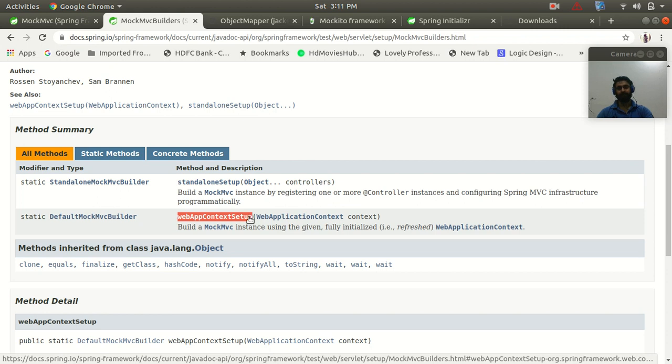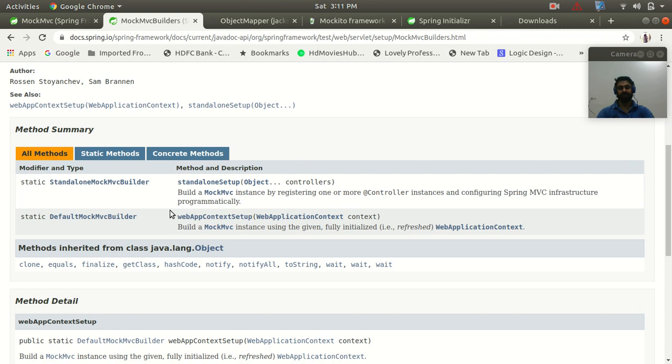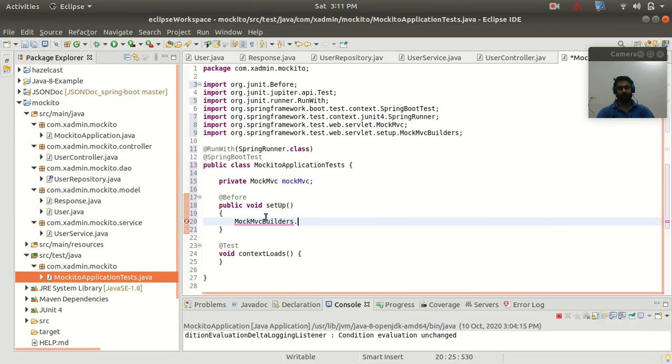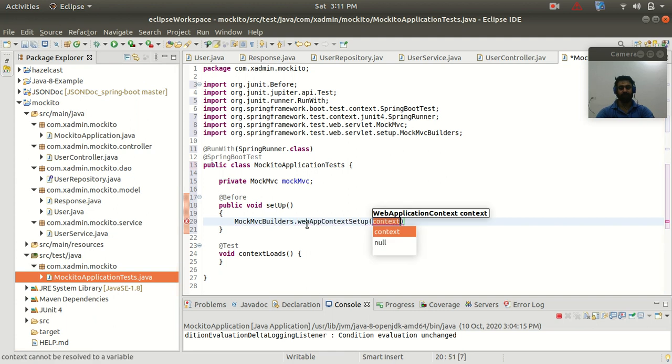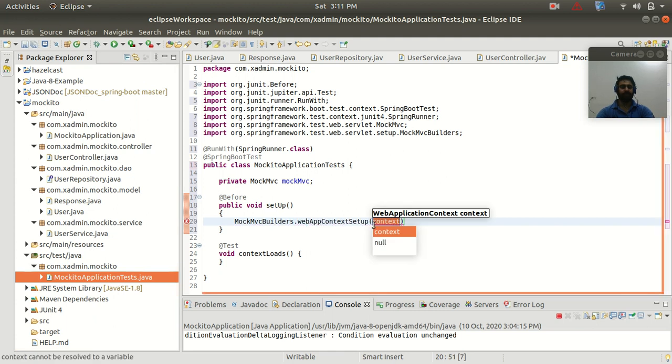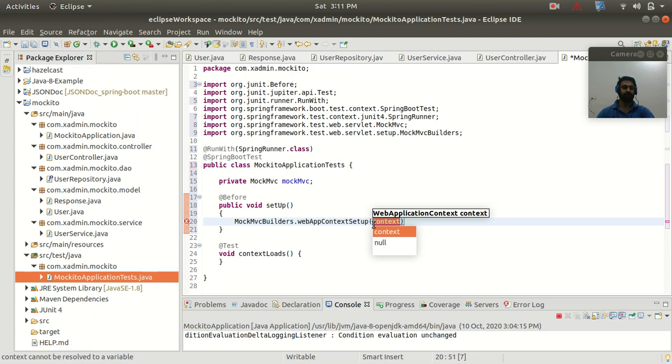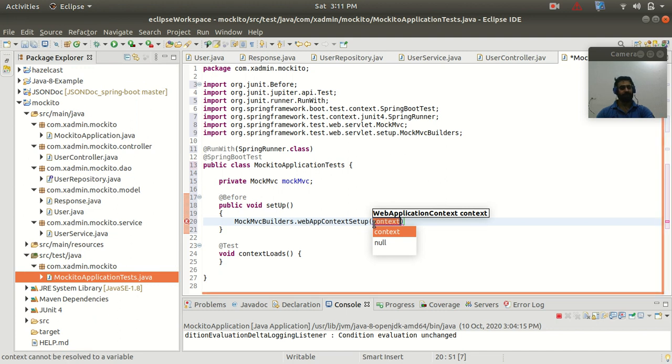Here I'm going to use this method to get the instance of our MockMvc. So this is our MockMvcBuilders class, and we have the method webAppContextSetup, where we need to pass our WebApplicationContext object.